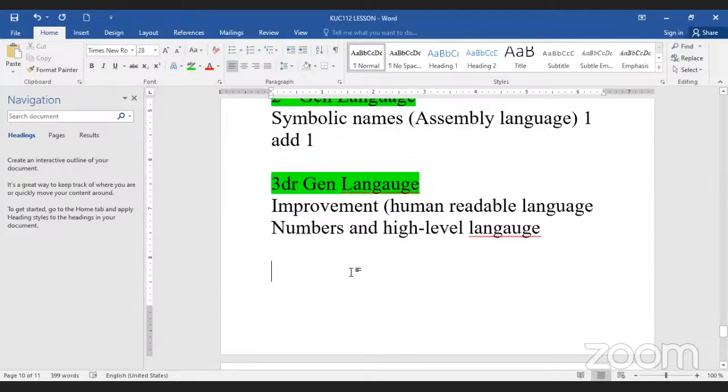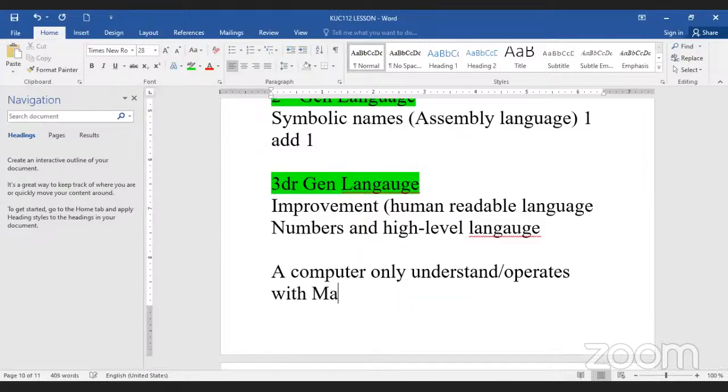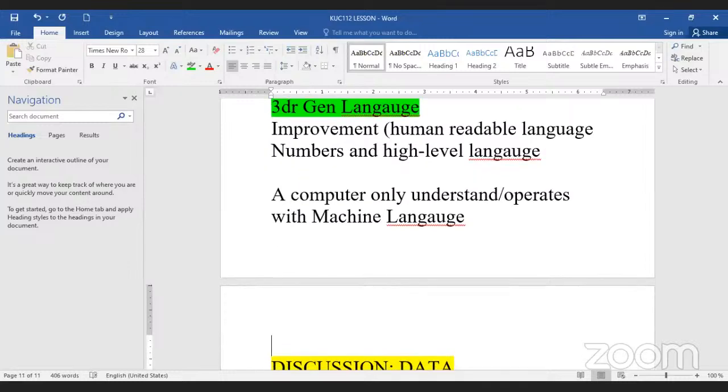So we can say that a computer only understands, or operates with, machine language. So when you feed a computer with assembly language, the computer needs to translate, or interpret, that language so that it can process it. So that's why we have